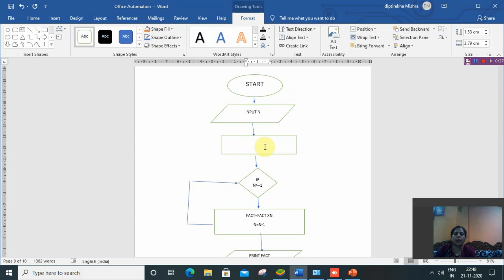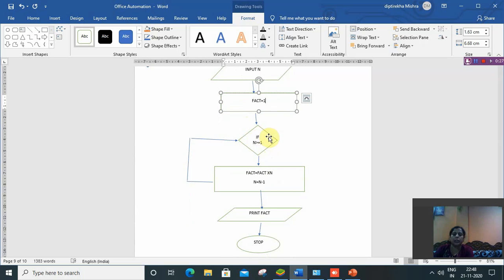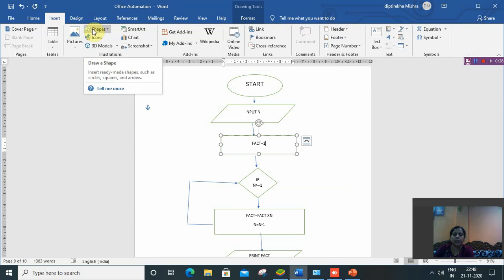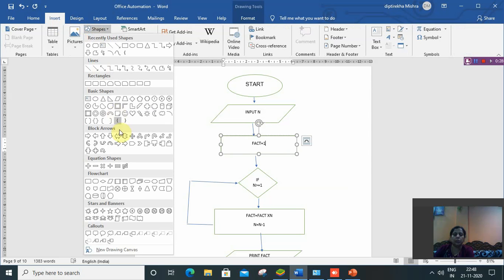Here I have written the flow chart for the factorial of a number. The input and output are each printed in a parallelogram, so I have used a parallelogram. And this is for the if condition, if n is greater than 1, which is the symbol of a rhombus. These symbols are in the shape option of the illustration group, in the flowchart group.